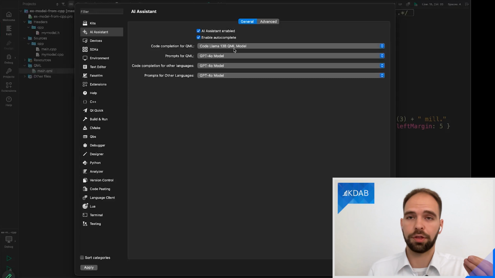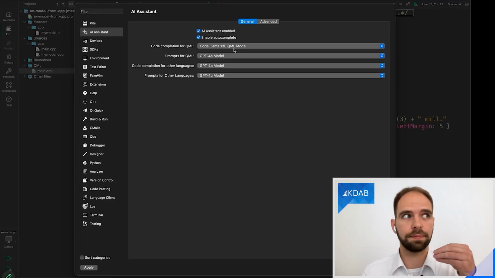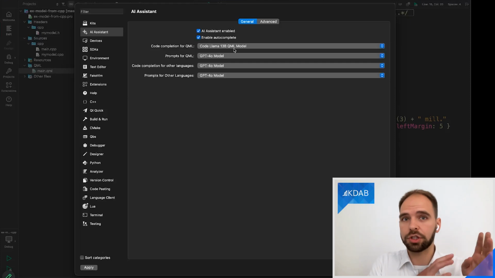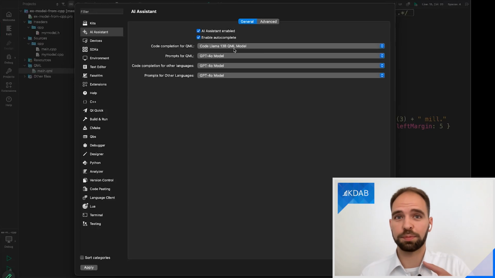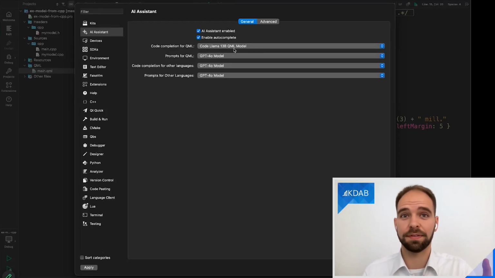And that's a special thing because this is where the work that the Qt Company did also branches off into a separate subject: how can we get LLMs to work very well with niche-ish languages like QML. Yeah. Okay, so to answer your question, does it support other languages? The answer is definitely yes.